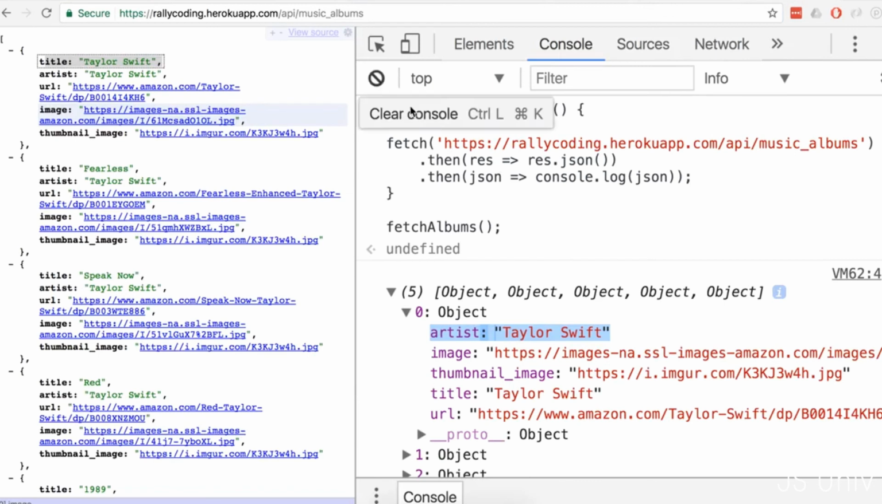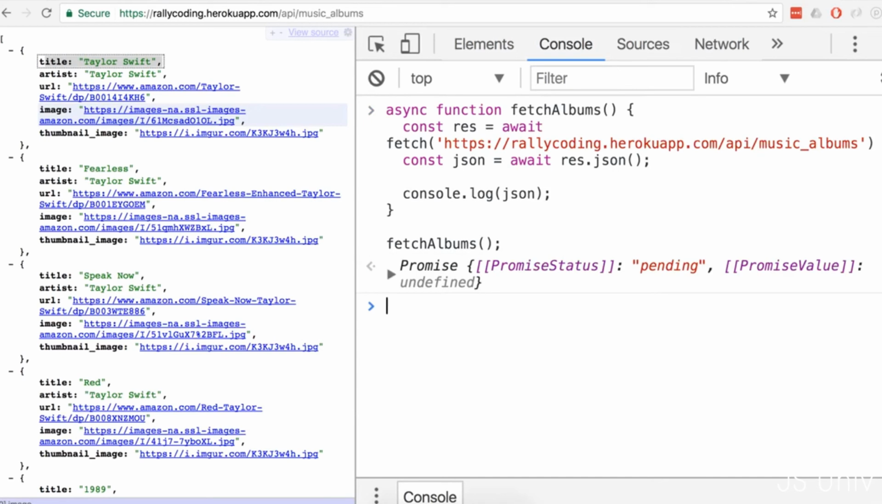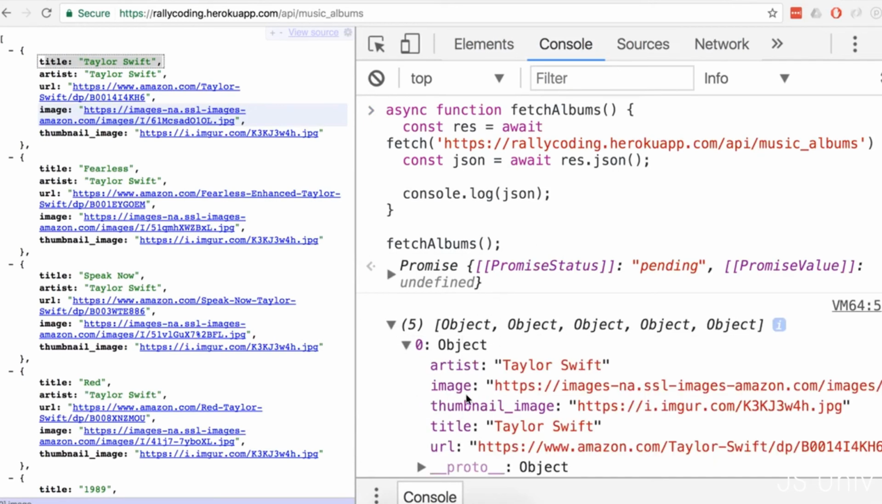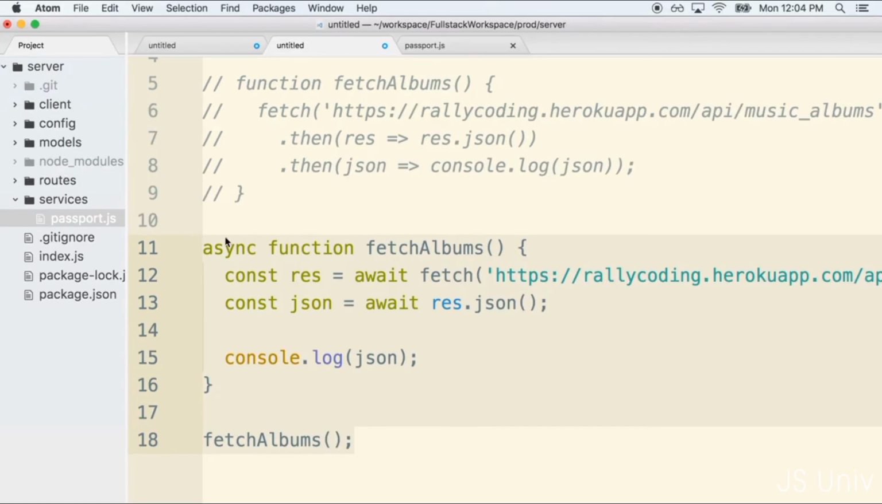I'm going to clear out the log. And I'll paste it and run it. And then just as before, I still get out the console log. So clearly, the two are equivalent in behavior. They work essentially the same way. We have only added in this new type of syntax for handling these